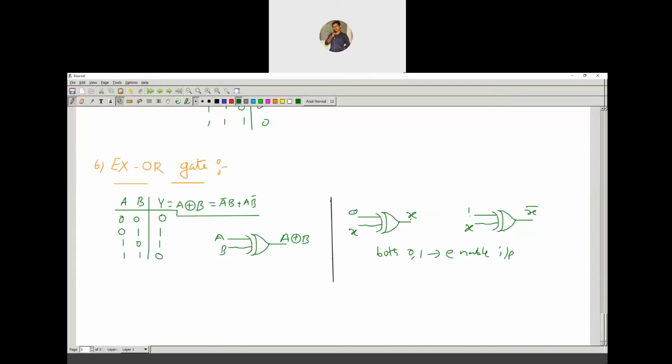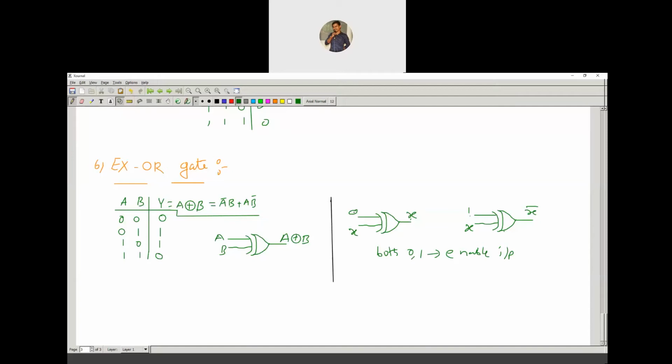So now tell me, there is no disable input for the XOR gate. Now can we use this XOR gate as an enable block or disable block? For example, if we have a switch, what is the property of a switch? It has an on property as well as an off property, right? It should turn the circuit on and also turn it off.